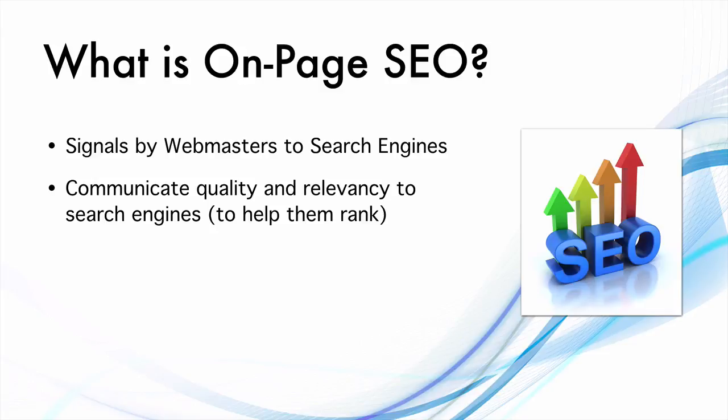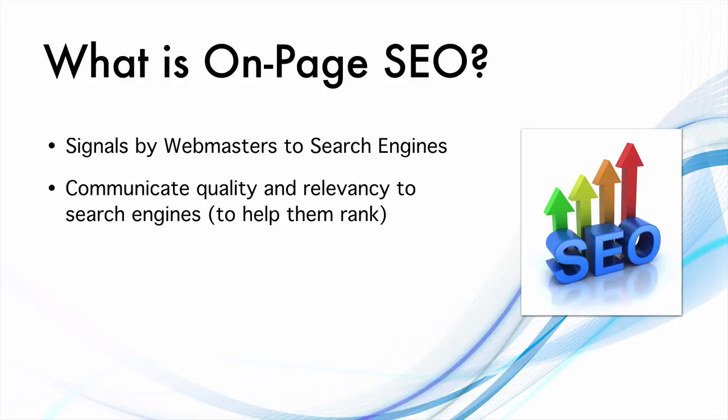And there is an algorithm which decides this because there are millions of pages to be indexed on the web and in the search engine result pages. So the search engines cannot spend manual time or manual effort in reviewing this. But with each algorithm update, the search engines are getting closer to a human level of intelligence in terms of ranking the websites. So to help the algorithm get these signals, they depend on users and webmasters for quality and